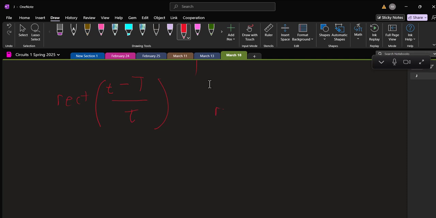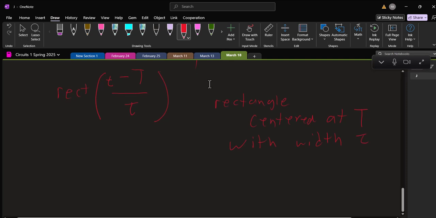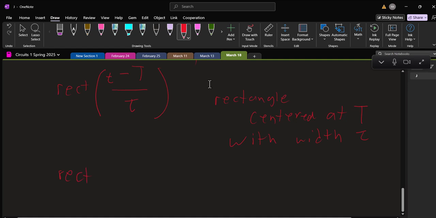So this is a rectangle centered at T with width tau. So for example, if I had the rect of T minus 4 over 2,